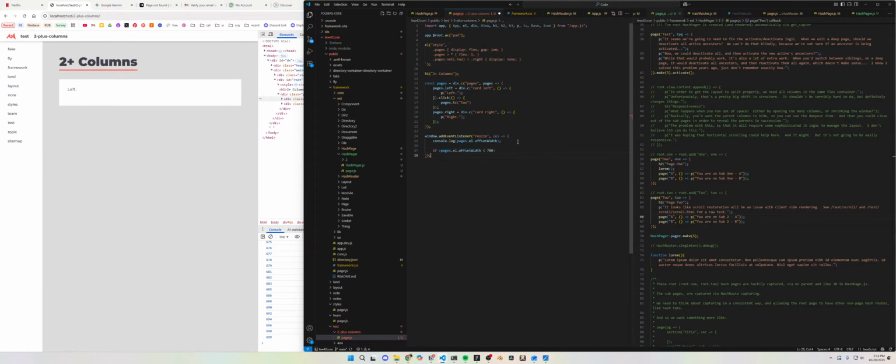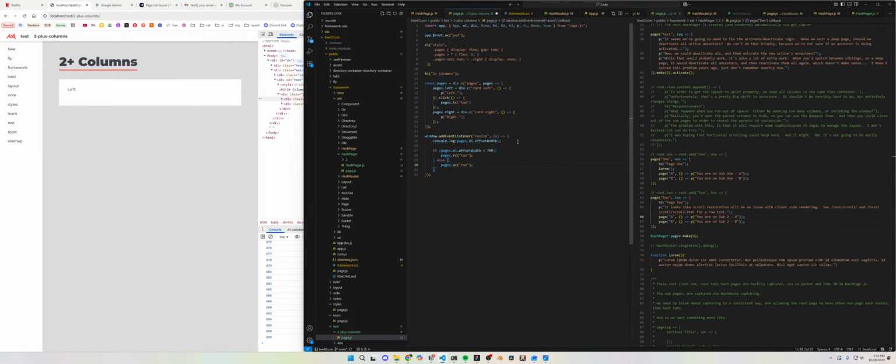Okay, good. Then we want pages to remove the second bit, right? Is that it? And then else